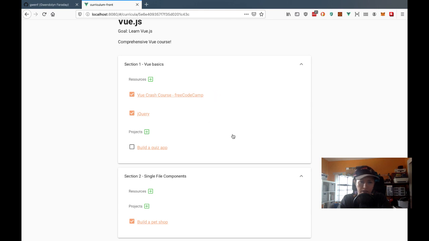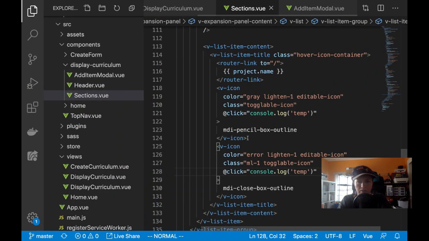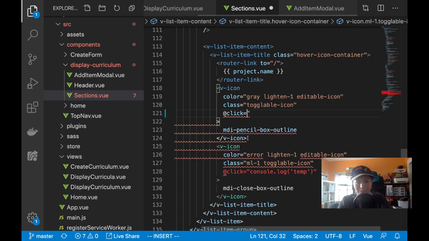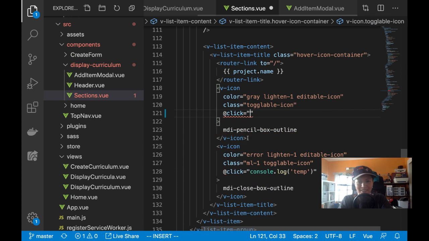So let me start with the pencil. And let's say, oops. I'm still getting used to these Vim bindings again. Man. Okay, so I need, let's say,